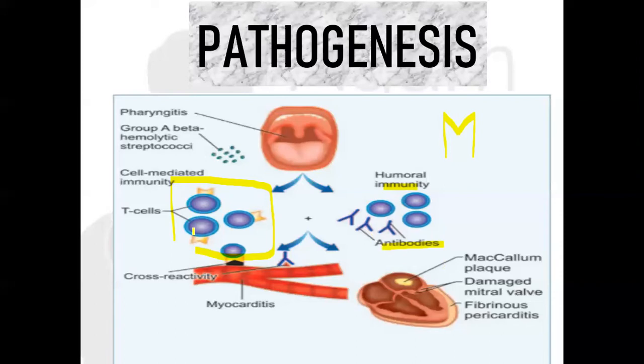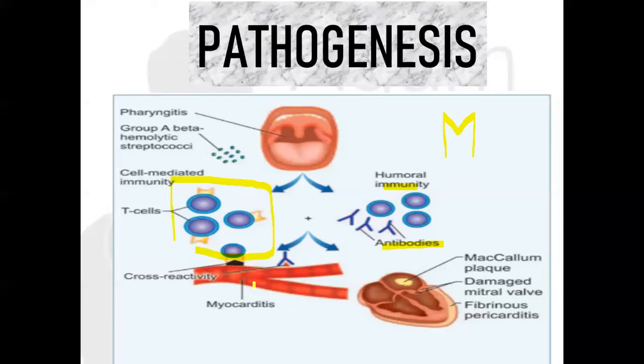Similarly, if you take T cells, mainly you will have the CD4 plus T cells involved here. So that is going to activate some cytokines, macrophages and all that. That is going to act again on the tissues of your cardiac muscles. Okay, so eventually what is happening? Our body is trying to destroy only the streptococci. But unfortunately, the antigenic factors that are concerned with streptococci are very similar to the proteins present in the cardiac muscle.